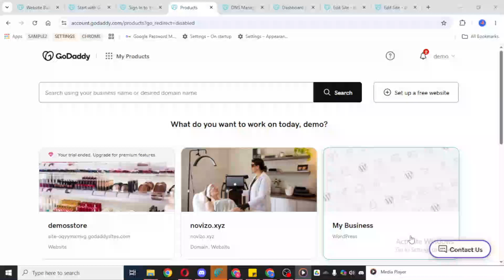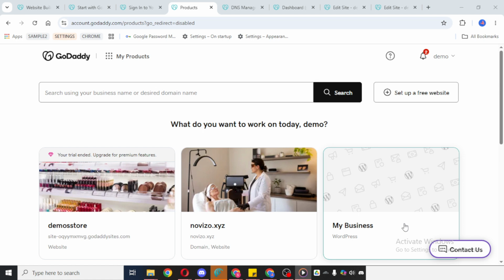In today's video, I'm going to teach you how to create private name servers in GoDaddy. To get started, open the GoDaddy website in your browser and sign into your account. Make sure you're using the account that contains the domain you want to work with, because private name servers must be created from the domain settings for that specific domain.